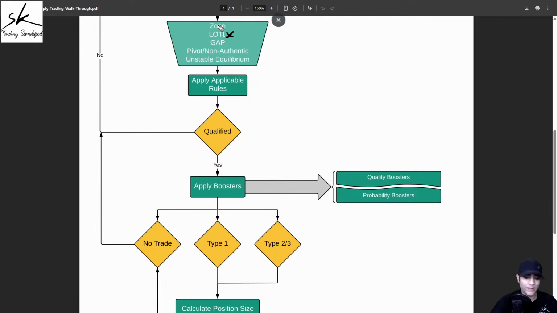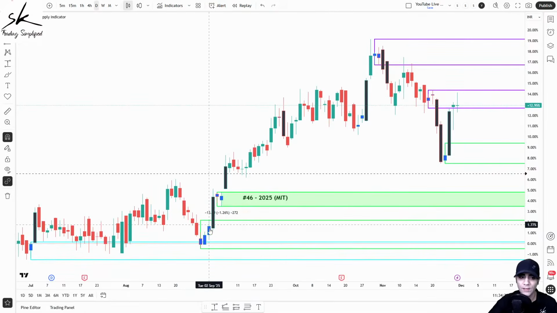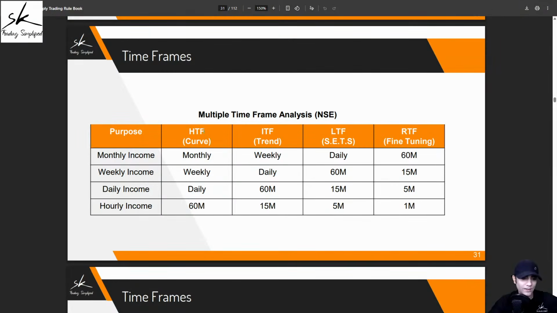If you talk about gap, then you can see we definitely have a gap up from here. You can see we moved up, we paused, and then we gapped up from here. So this is my closing price and this is my opening. So we do have a gap, and that gap is still an open gap. And if we move on to the rule book to understand the rules of the gap,